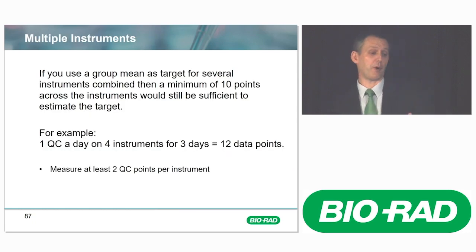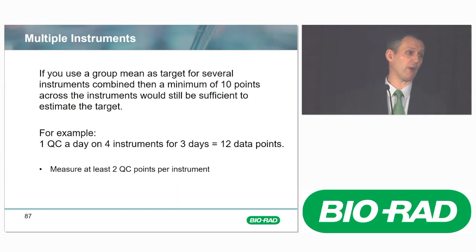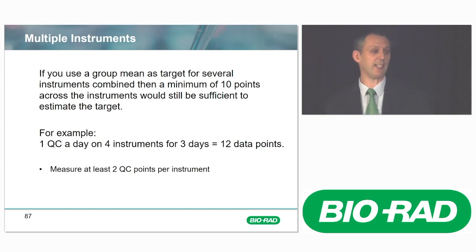Another important thing, Dr. Parvin talked about multiple instruments. Well, if you do a crossover study and you have 5 instruments, you need to establish a target. Where does your target come from? Are you going to take one instrument and establish it on the one? Or are you going to use multiple? If you use multiple instruments, your 10 points is still the same thing. Statistically, it's the same power to just measure 10 points. But it is better to measure it across all the instruments, because you'll get more variation and there are different calibrations and everything on those instruments.